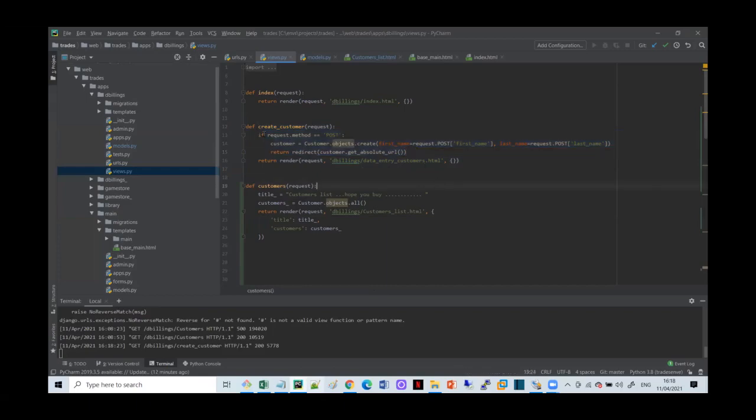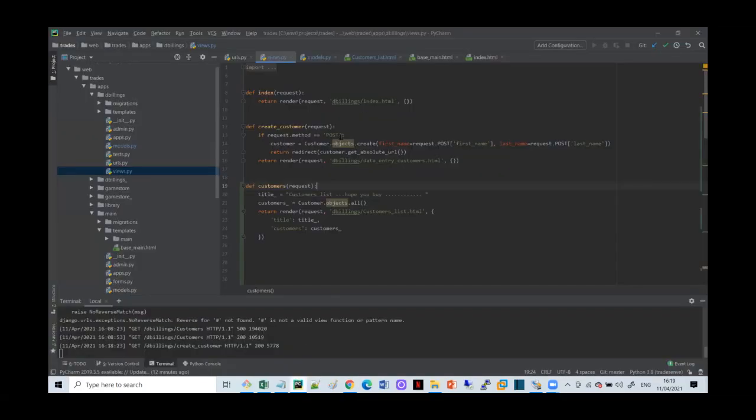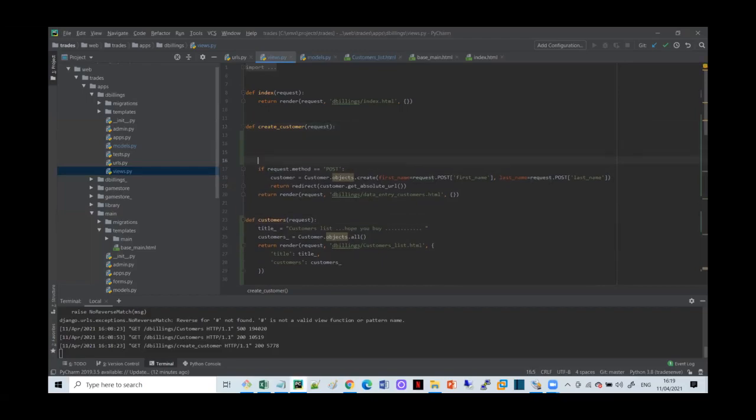And by the way, you can see the reason I'm ignoring it, because when we get to this page the first time, the method of getting this page is a get function, as I mentioned in the past. So I'm not worried about whether the method is post, because the first time it's get. How do you know that I'm right, that I'm not lying? You can do it very simply. You can do print. That's a good way to check yourself. Request